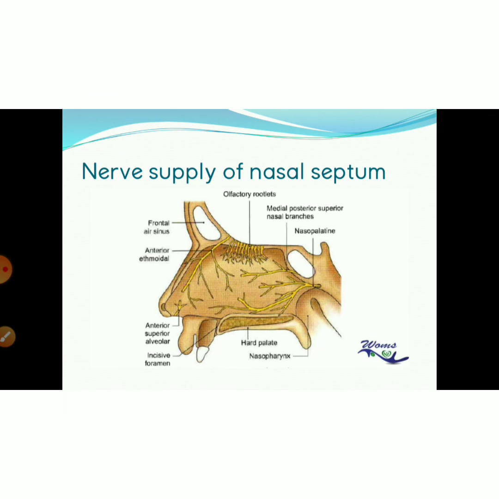The nasopalatine nerve produces a groove on the septum as it travels downwards and forwards, giving branches to the septum. The internal nasal branches of the anterior ethmoidal nerve supply the upper anterior part of the septum. The nasal branches of the anterior superior alveolar nerve supply the antero-inferior part of the septum and the skin of the vestibule.